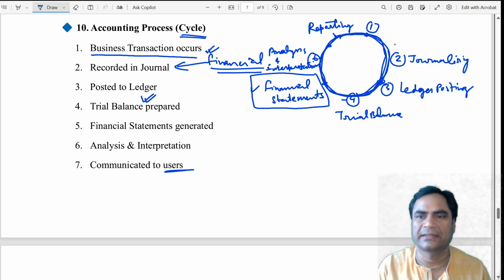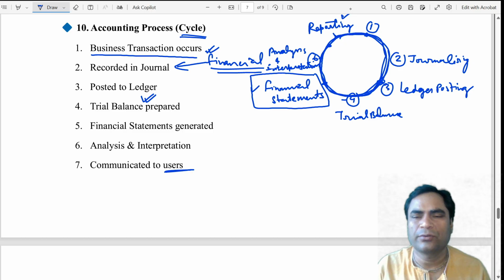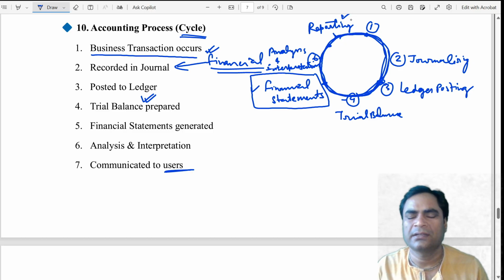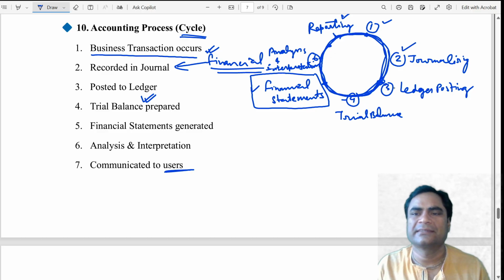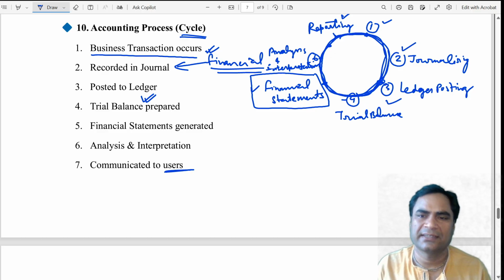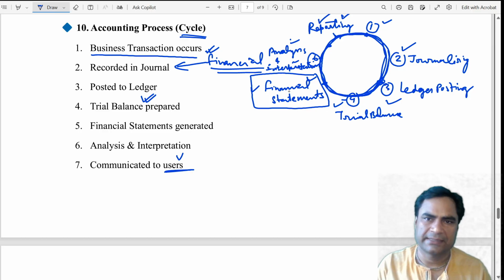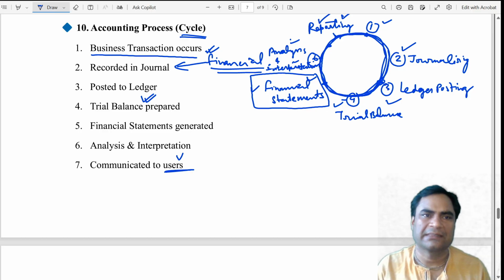तो इतनी सी बात है, ये हमारा एक सर्किल है। अच्छा, ये रिपोर्टिंग यहाँ पूरी हो गई तो बिजनेस ट्रांजेक्शन तो लगातार हो रहे हैं, तो जो नए ट्रांजेक्शन होंगे उन्हें फिर पहचाना जाएगा, फिर उनकी जर्नलाइजिंग की जाएगी, फिर उनकी लेजर पोस्टिंग की जाएगी, ट्रायल बैलेंस होगा, फाइनल स्टेटमेंट्स होंगे, उनका एनालिसिस और इंटरप्रिटेशन होगा, और फाइनली फिर से अकाउंटिंग यूजर्स को कम्युनिकेट कर दिया जाएगा थ्रू रिपोर्टिंग, ठीक है। तो ये साइकिल हमेशा चलता रहता है।